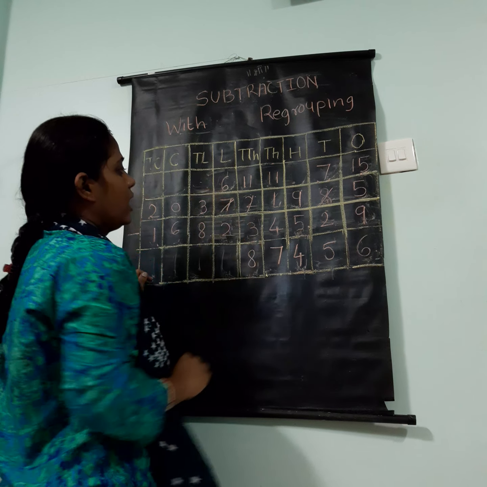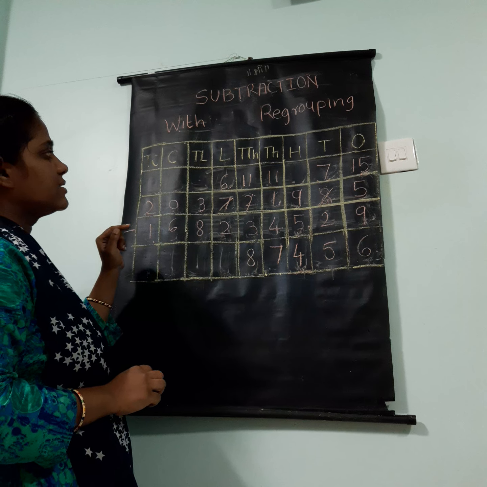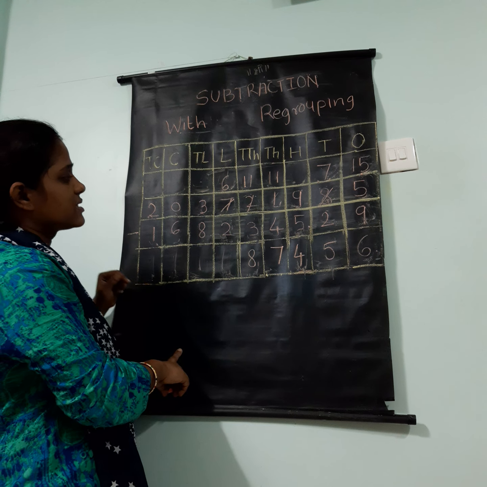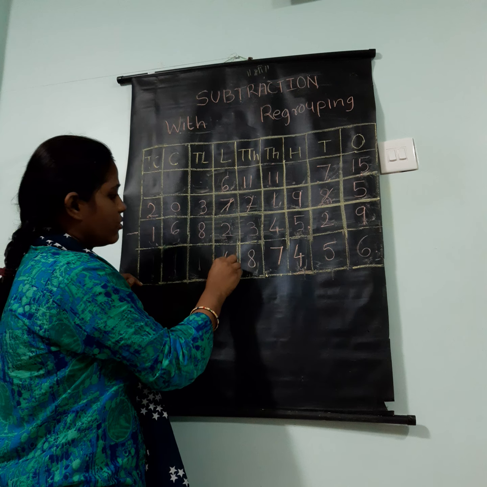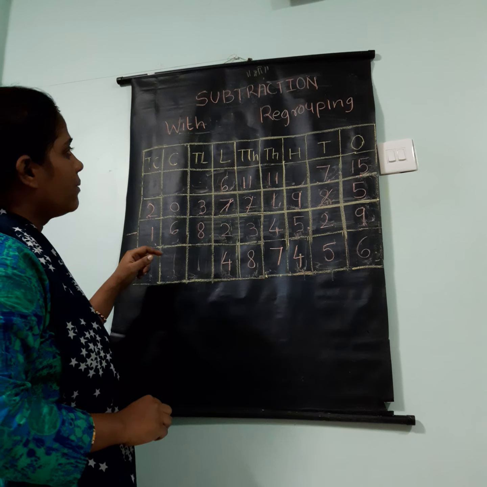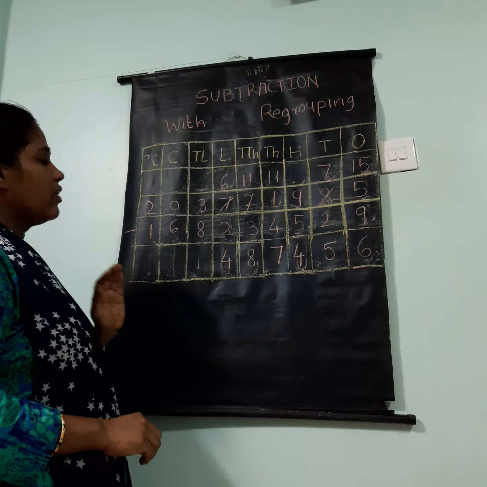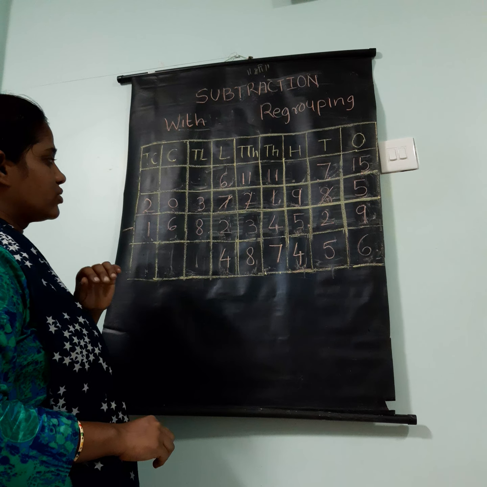Okay. Now 6 lakhs and 2 lakhs. So now you will subtract this 2 lakhs from 6 lakhs. What is the answer? It's a very easy calculation. So 4 lakhs. Now coming to the 10 lakhs place, here you have 3 and 8. You cannot subtract 8 ten-lakhs from this 3 ten-lakhs. So what will you do?